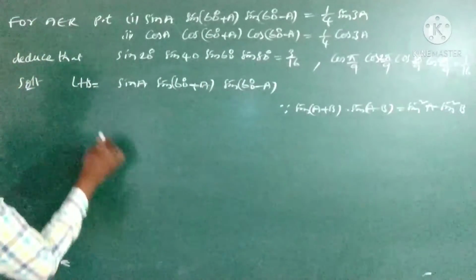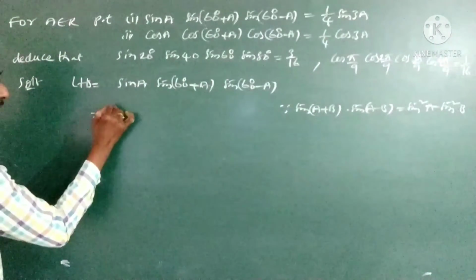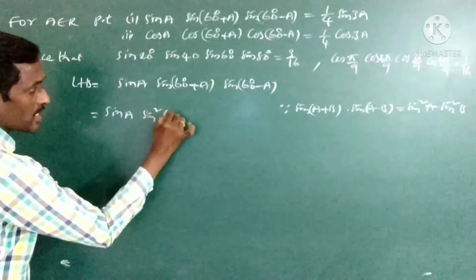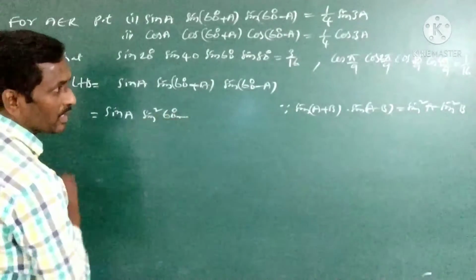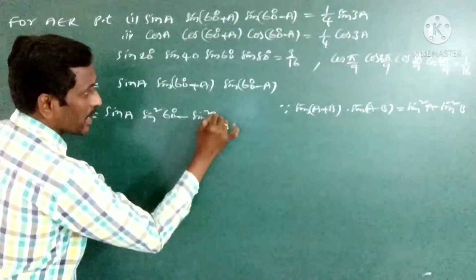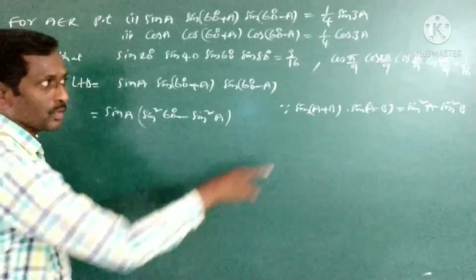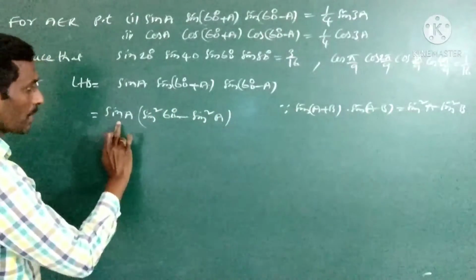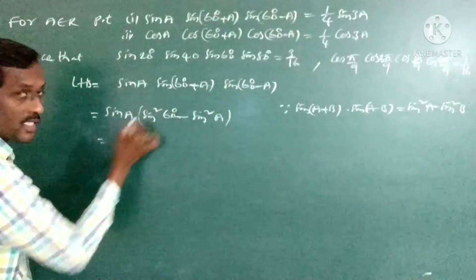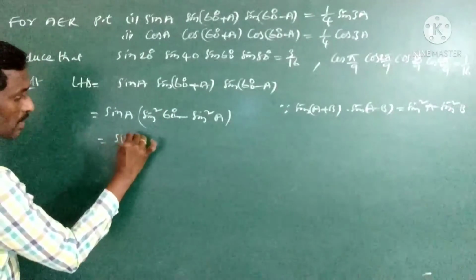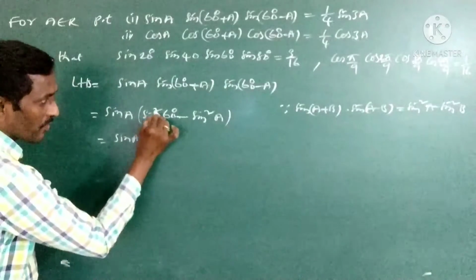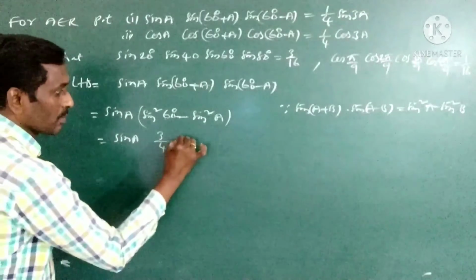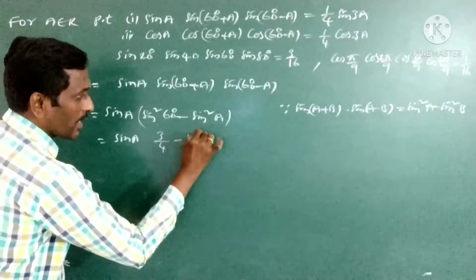Apply the formula to this, which is equal to sin A as it is, and then we write sin square 60 degrees minus sin square A. So writing the formula, A becomes 60 and B becomes A in this case. Now before multiplying inside, write the sin 60 value. What is sin 60? Sin square 60 has the value 3 by 4, because root 3 by 2 whole square, minus sin square A.